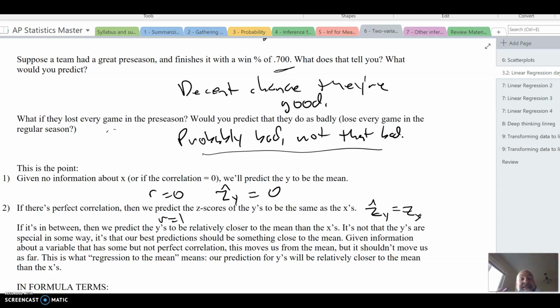Knowing they lost every single game, I think they're going to be worse than average, but they're not going to be as bad or as good as their preseason results were, or at least that's not going to be my prediction. So I'm going to predict they're going to be closer to the mean than they were in the preseason. Not at the mean, but a little bit off. Okay, I'm going to pause it here because it's time for video